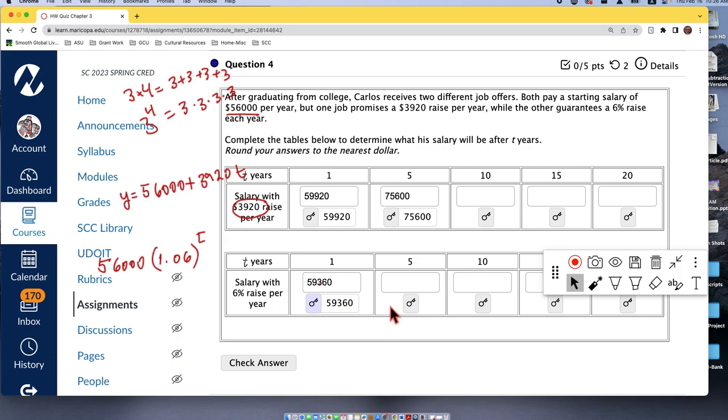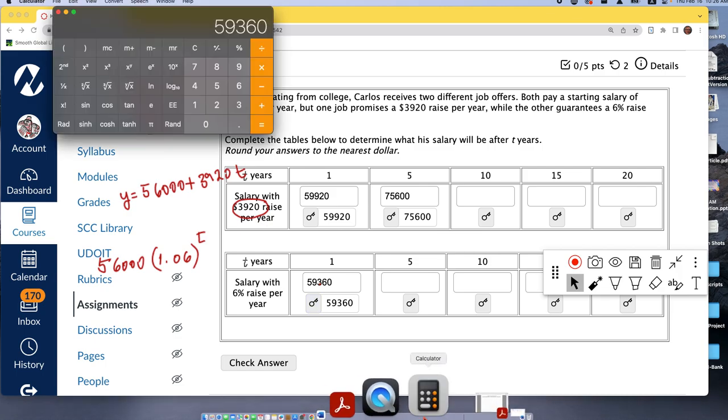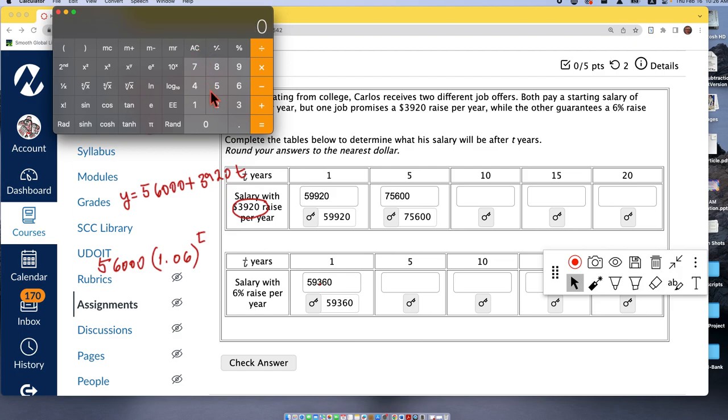But what do you think is going to happen by year 5? Any guesses? It's going to increase. It's going to be a lot bigger. So always take the percent increase, because that's exponential. Exponentials start growing faster. So to do that one, we're going to take the amount of the raise, 1.06, and on this one,